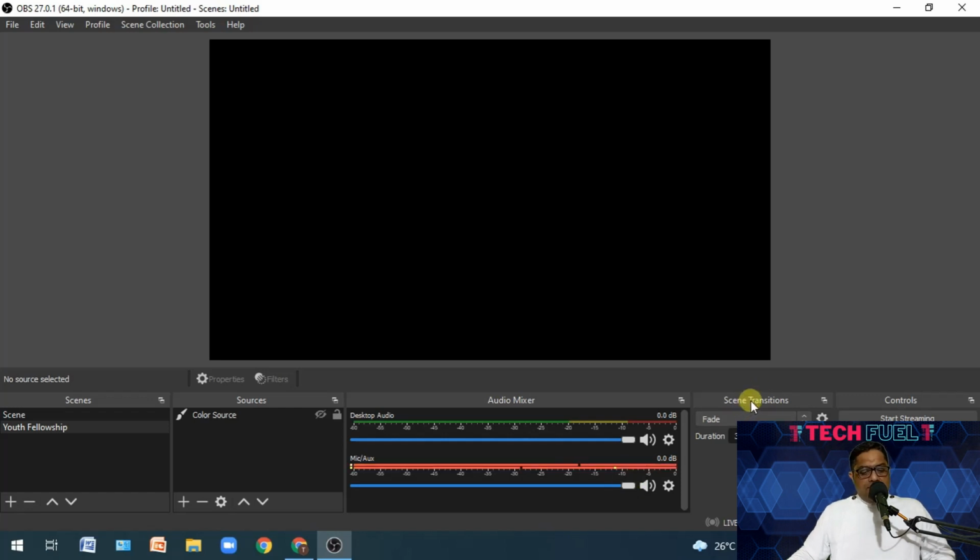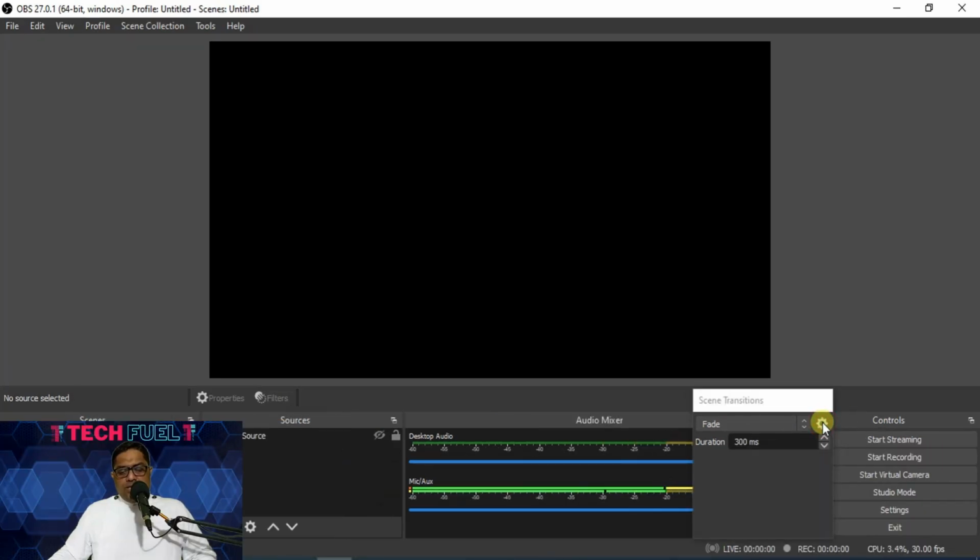Now this is the scene transitions. You have different options of doing the scene transitions. You can either fade or swipe or fade to color, luma wipe. I'll be going through all those things in detail, but as of now, just to have a feel. And this is the place wherein you will be having all the control. This is the place for streaming. As of now, we are not dealing with that. This is the place wherein you can record. The same time that you say something, you can record. This is the place wherein you can start your virtual camera. I'll be explaining that too.